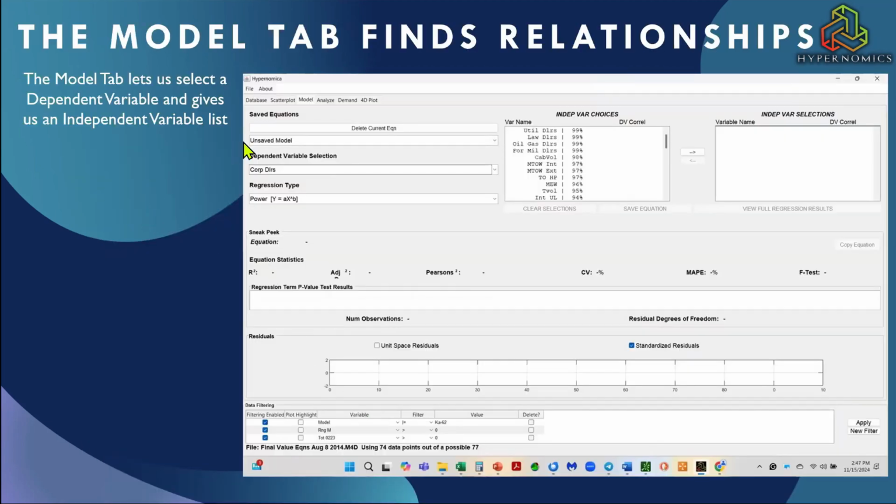So then we might want to move off to the model tab and then pick a dependent variable, in this case corporate dollars. And then this gives us independent variable choices that the software has already ranked in terms of their correlation back to the dependent variable that we're looking at here. So it works out in helicopters. There's a whole bunch of different categories. There's corporate, utility, law enforcement, oil, and so on. So each one of the prices correlates pretty well to the other prices. We're not going to be concerned with that, but we may be concerned with things like horsepower, internal useful load,